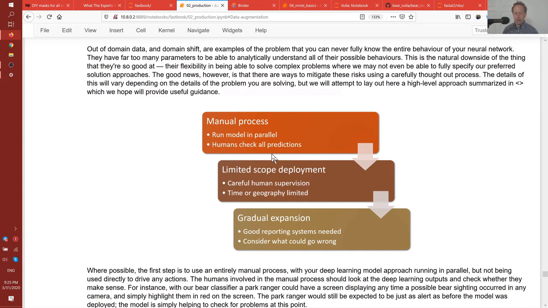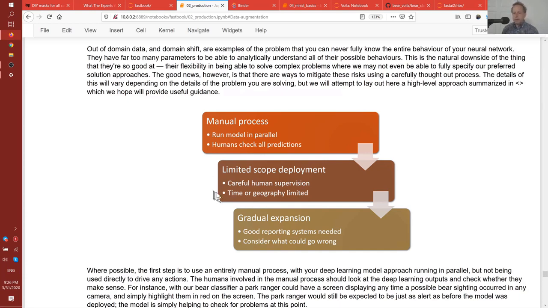So have a park ranger watching for bears, have the model running next to them, and each time the park ranger sees a bear, they can check the model and see, did it seem to have picked it up? So the model's not doing anything. There's just a person running it and seeing would it have made sensible choices. And once you're confident that what it's doing seems reasonable, in as close to the real life situation as possible,